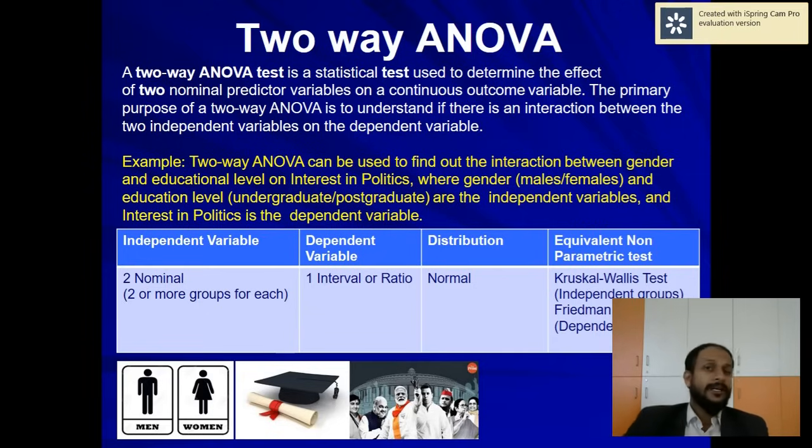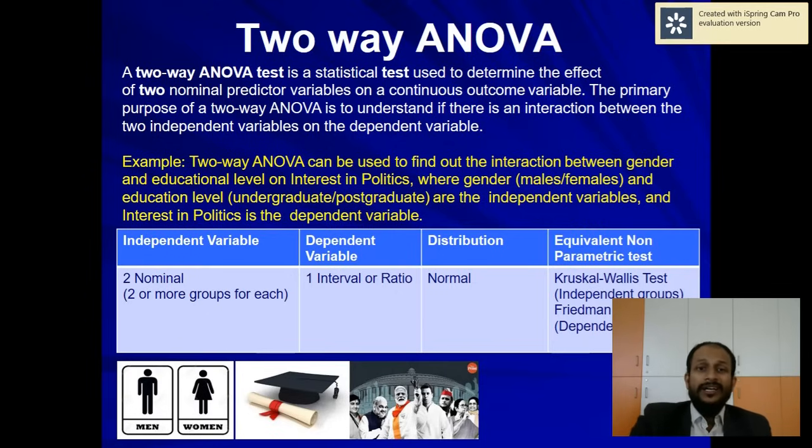I check whether somebody is male or female, and I'm also asking one more question: what is his or her qualification, 10th, 12th, UG or PG, whatever it is. Now I am finding out the combined effect, the interaction effect of gender on politics, and how this relationship is being affected by a third variable called